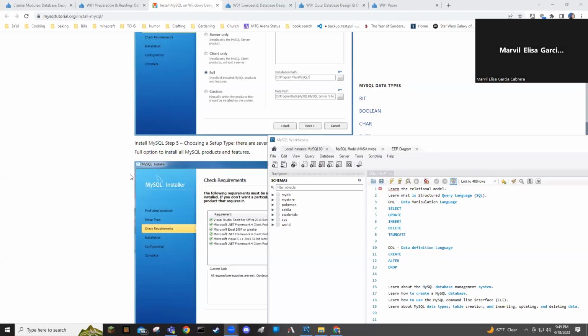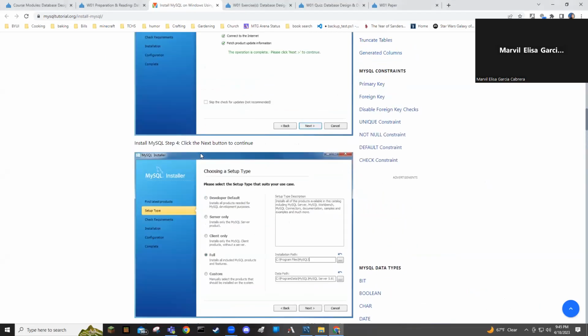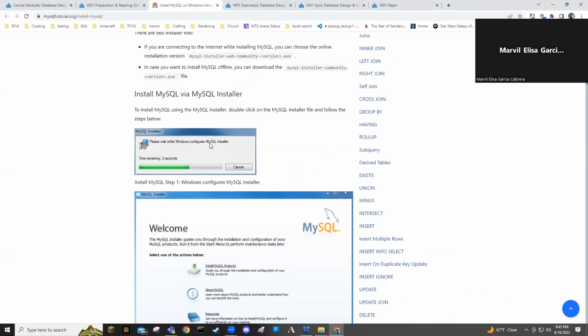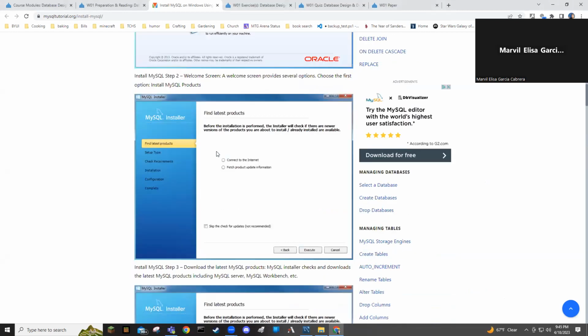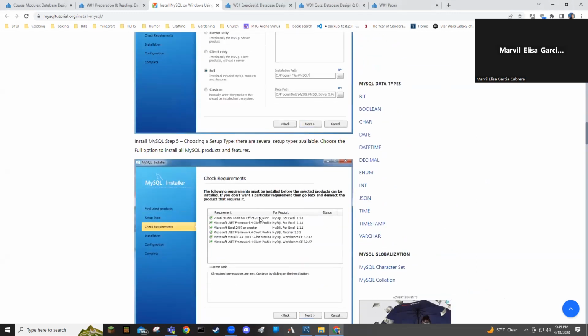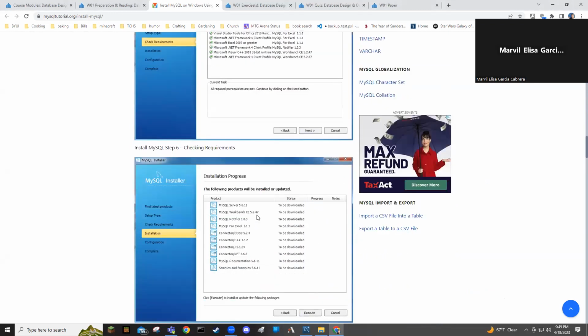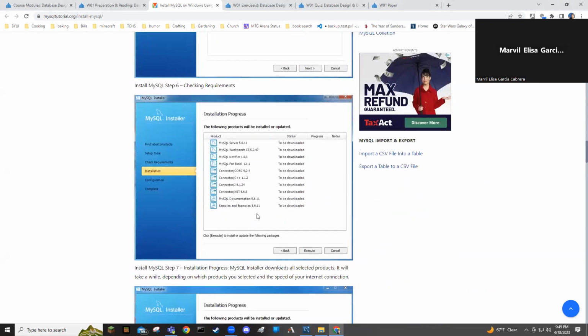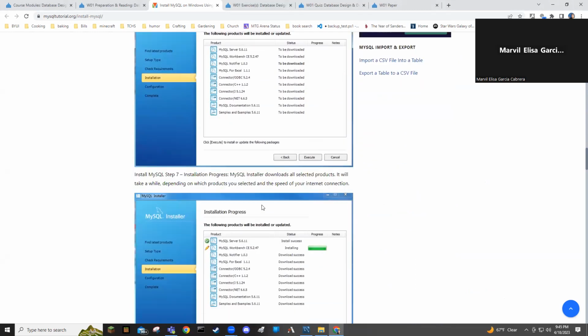Make sure you download the correct thing and choose full install, because you're missing pieces. What it's saying is you installed the workbench, but you didn't install the database system.